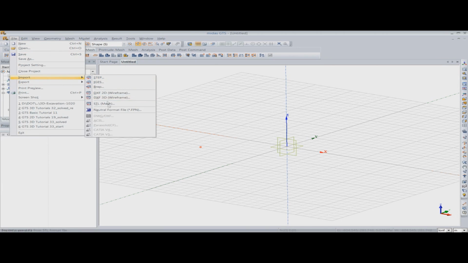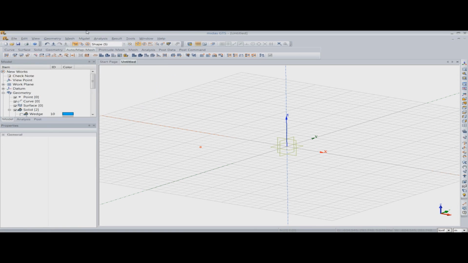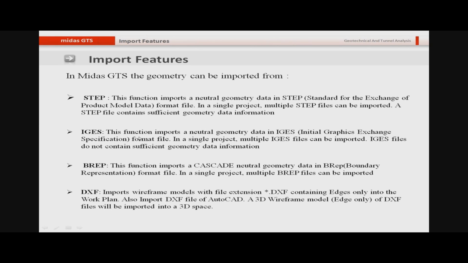So when you go to the import, you can see there are several features available, and you can select any one of them to import any kind of file. Then you can import the IGES file, initial graphics exchange specification format file, and in a single project you can import multiple files. You can import multiple STEP files, or you can import multiple IGES files.